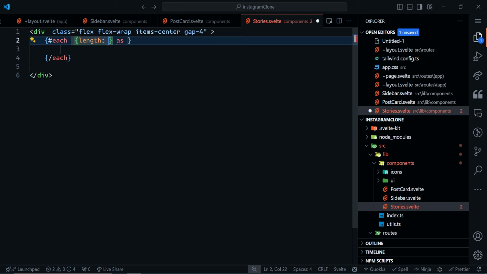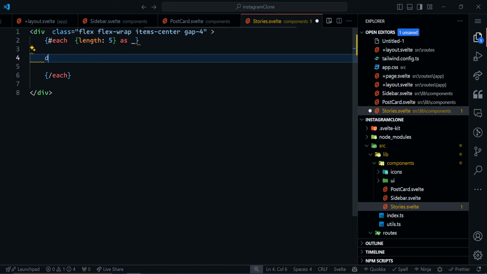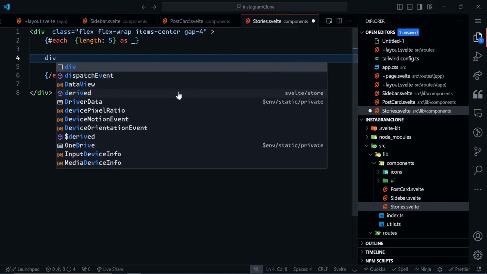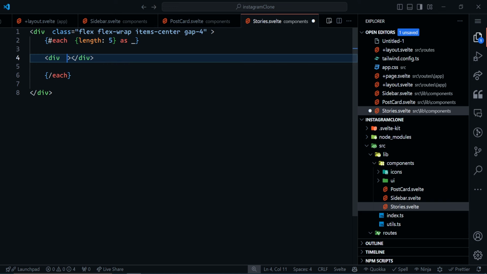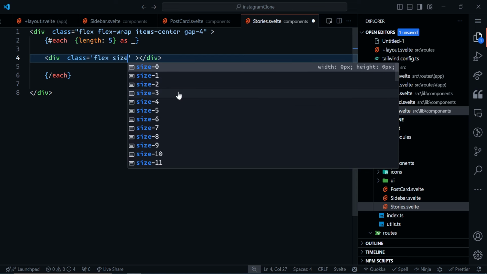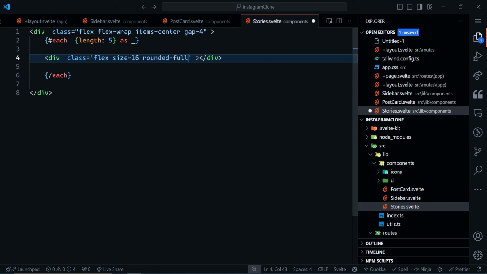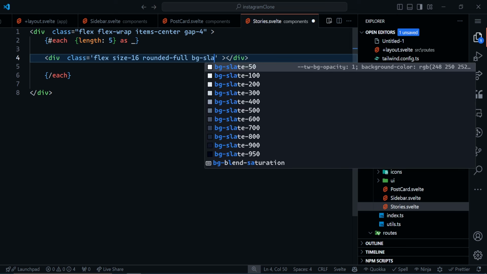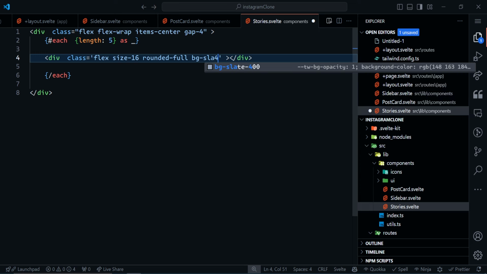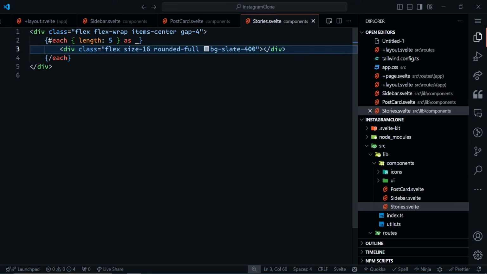We would iterate it, let's say 5 times, and as underscore. Yeah, we'll have another div inside this each block. And this div will basically just have a class of flex size 16 rounded full bg slate 400. Let's actually make this 8 times, not just 5 but 8,